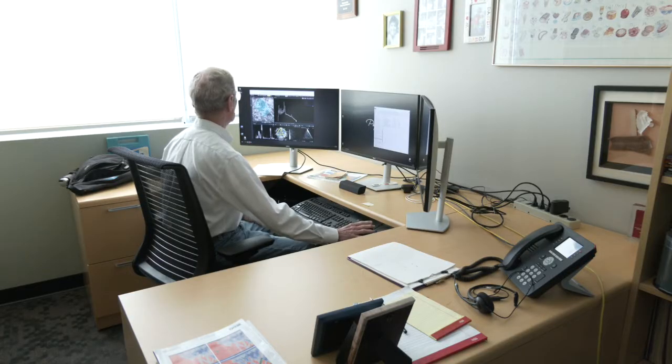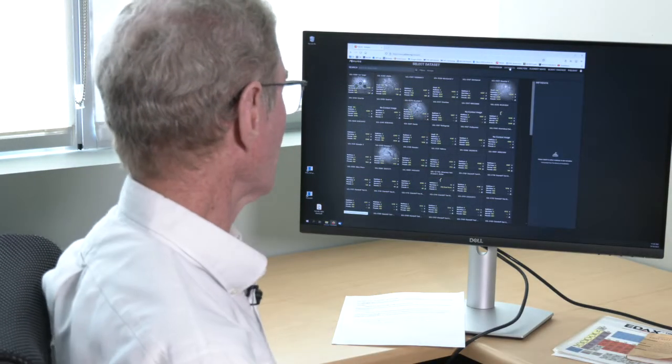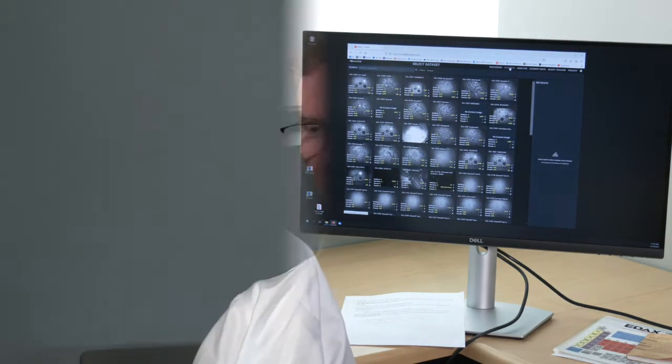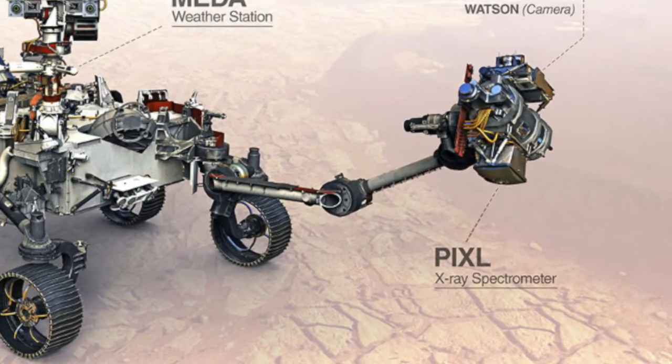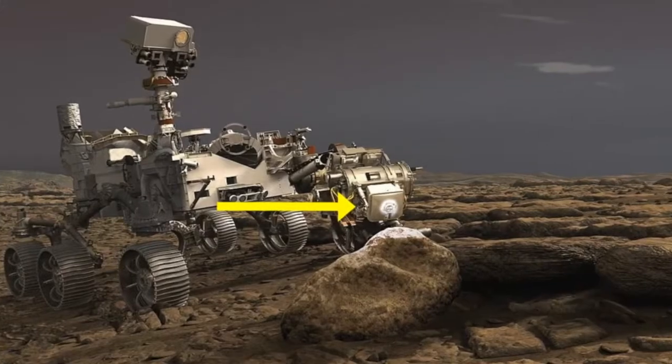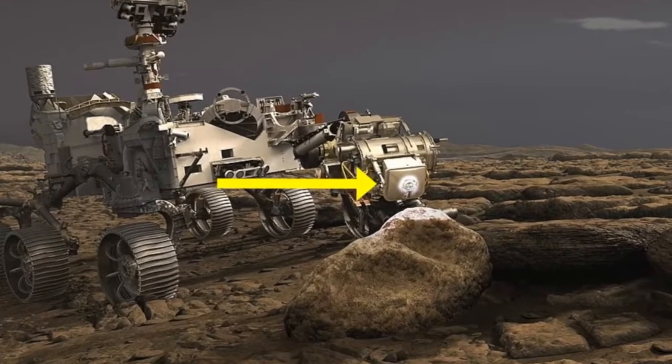Tim Elam is senior principal physicist at the Applied Physics Laboratory at the University of Washington. Tim describes himself as chief spectroscopist for the current Mars mission. The PIXL is an X-ray fluorescence spectrometer. That is, it measures the energy of X-rays emitted from a material, and then the intensity of each of those X-rays tells us how much of that element is there. So my job all along has been to model and help design and build and test the X-ray spectroscopy part